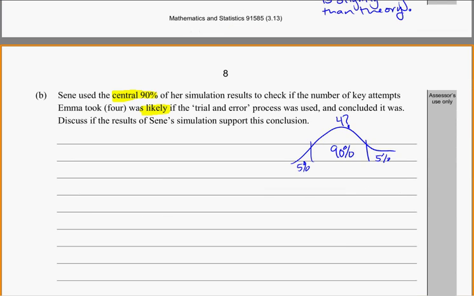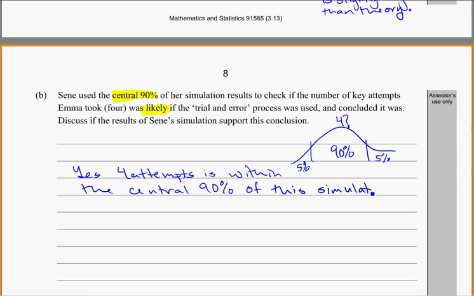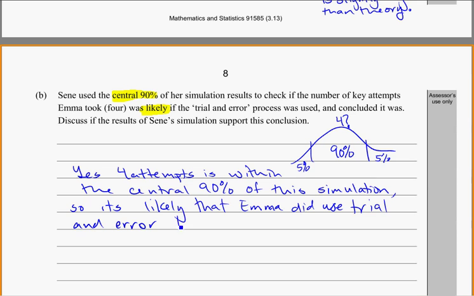So we can actually say here that, yes, 4 attempts is within the central 90% of this simulation. So it's likely that Emma did use trial and error to find the right